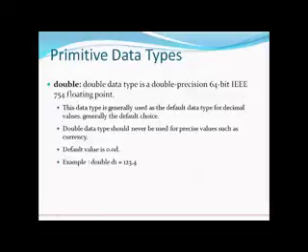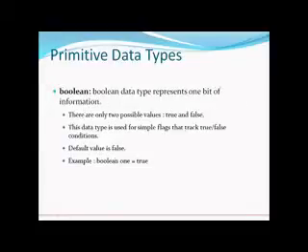Okay, so I was talking about the various primitive data types in Java. We discussed integer, short integer, byte, long, float, and double. Another primitive data type is the Boolean data type that is used to store true and false values, and it is useful when we are dealing with decision making conditions, like when a particular expression can be evaluated to either true or false, or we can check a particular value to be true or false. Then in that case, that variable has to be declared as Boolean type.